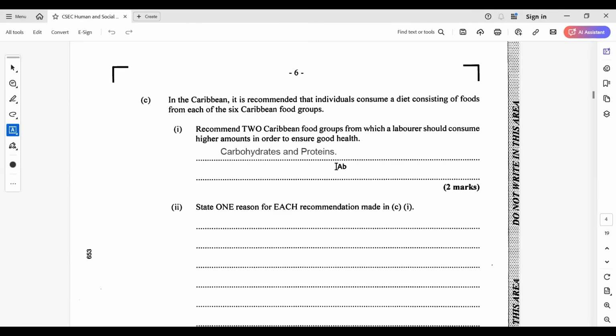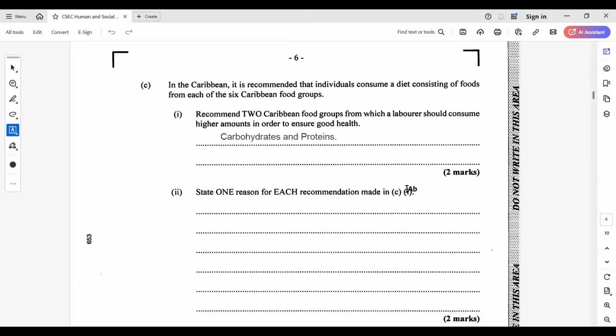Yeah, meat. So you could even identify what kinds of meats are found in the Caribbean. We know we have chicken, we have beef. That's okay. Carbohydrates. You know you have provisions. Yeah, all the potato, the eddos, the yam, all of that will come in the carbohydrates. And they put Caribbean just to get you, when you're giving your examples, to give localized, Caribbeanized examples if you gave examples for this question.